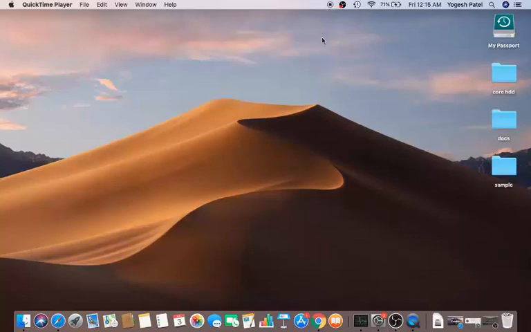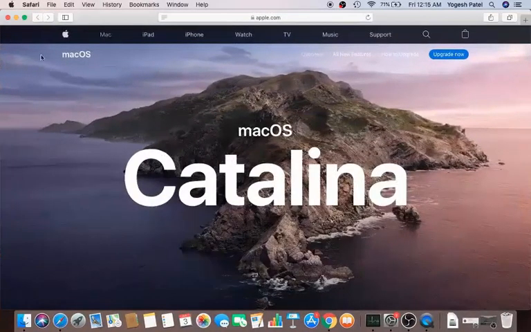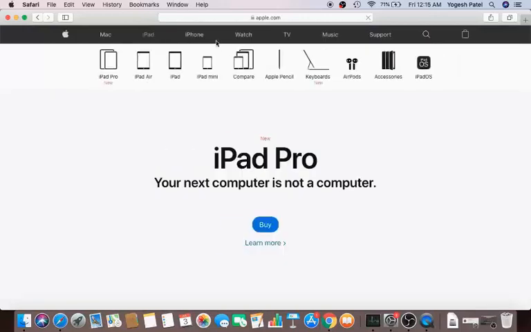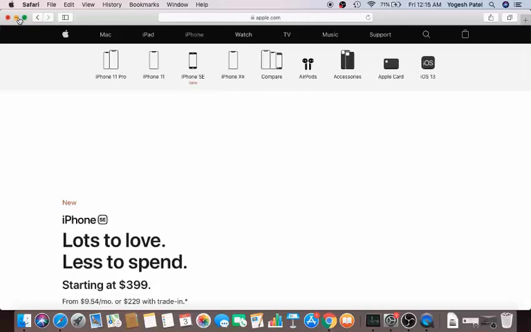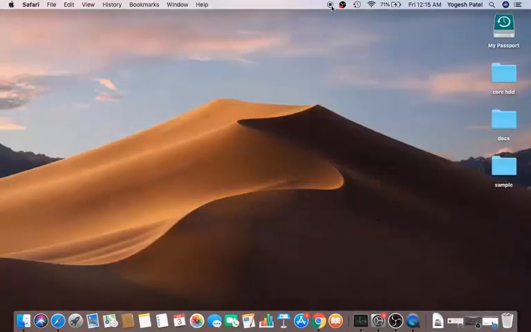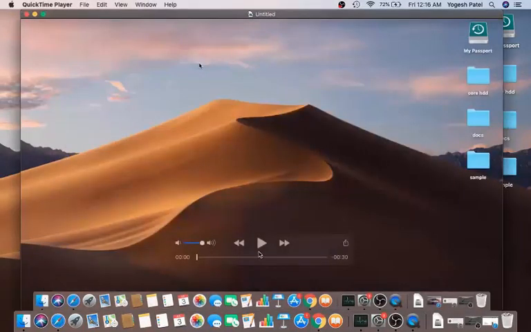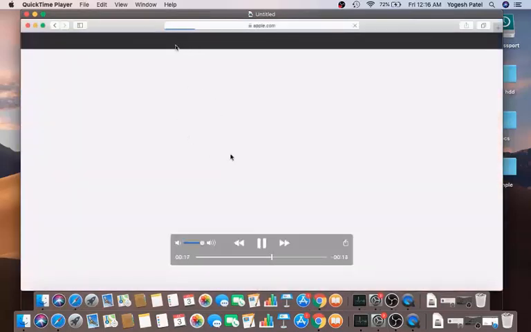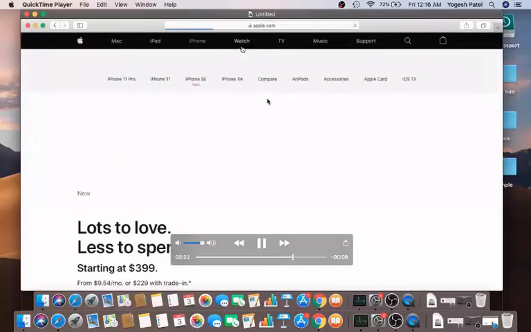So once you are done with the recording, let me open some browser, for example, and let me just browse for different options here, so that it's visible in the video. And once you are happy with the recording, just click on this button once again for the QuickTime app. It's going to just show you your recording, and you can play your video from here. So let me play my video from here.